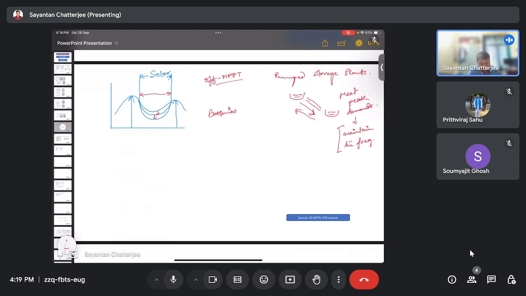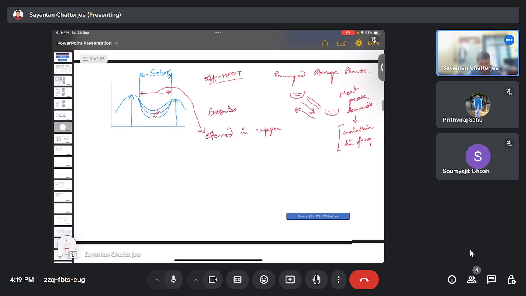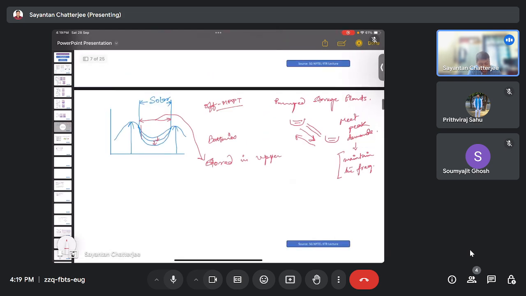So what can be done is that it gets stored in the upper dam. The water again gets stored in the upper dam using this excess amount of energy, because day by day the curve goes on, with these changes and these sudden rise and sudden fall. These two need to be mitigated using